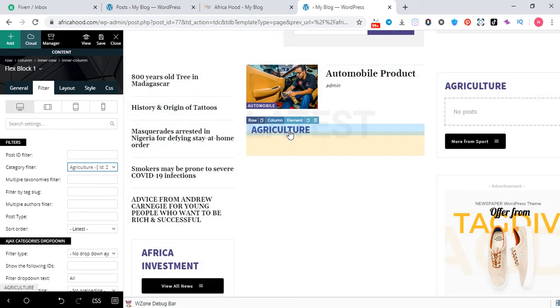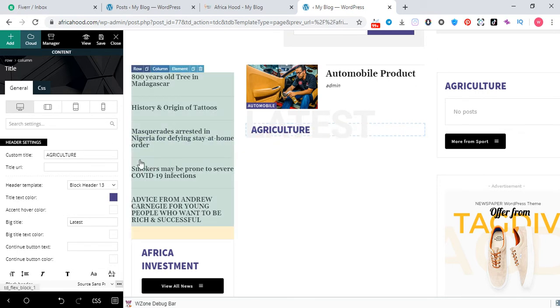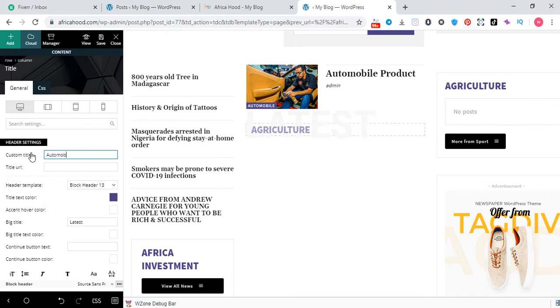So I am going to edit this section. Automobile.